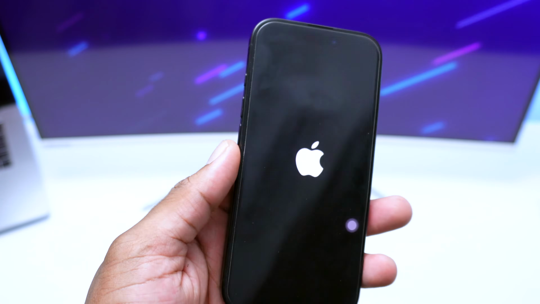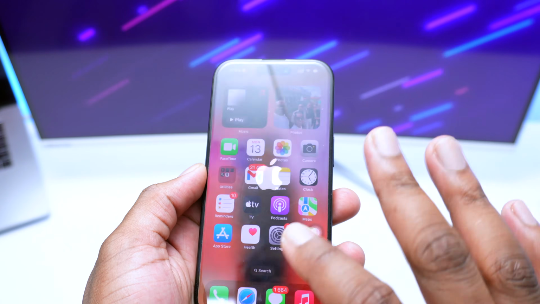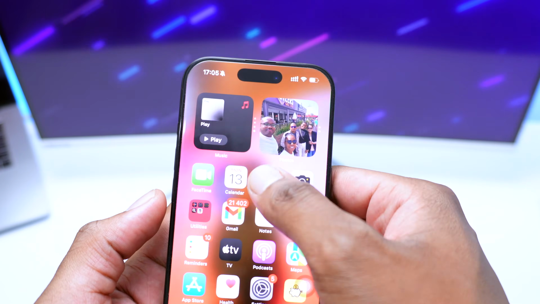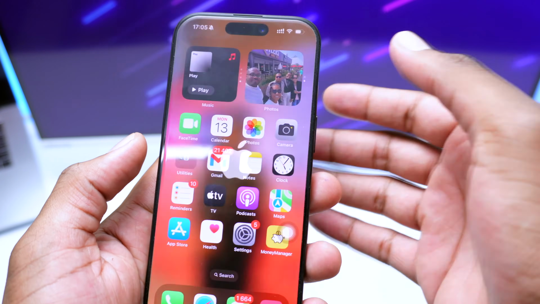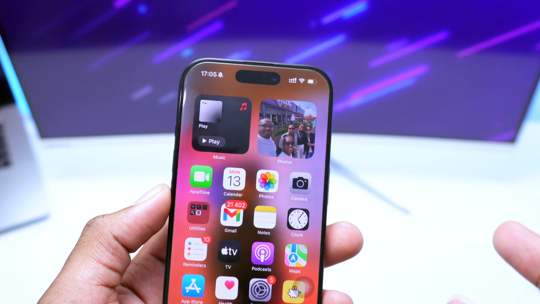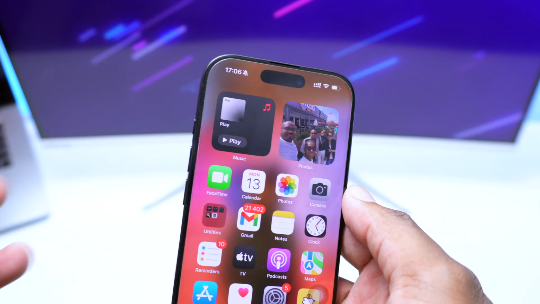Now, in my case, I've got an iPhone 16 Pro, which is working fine. This is just an image representation that I'm using to showcase how the problem looks and how you can actually fix this issue in your iPhone. Okay, I know how annoying it is. I've seen a lot of people actually getting stuck on the Apple logo, and we actually do have various causes